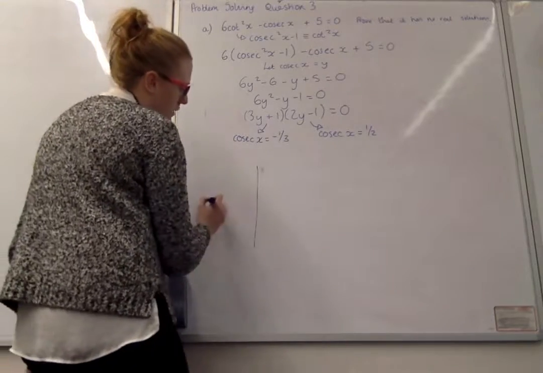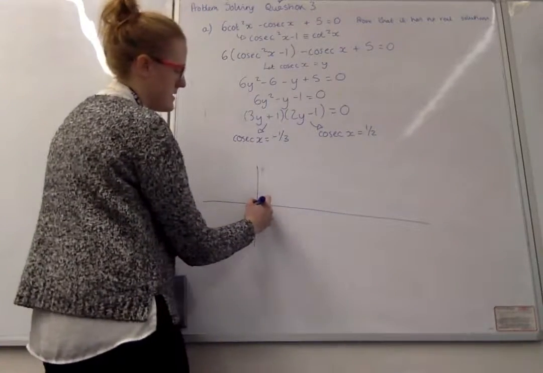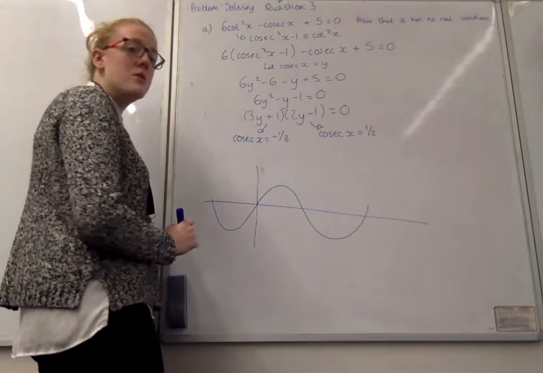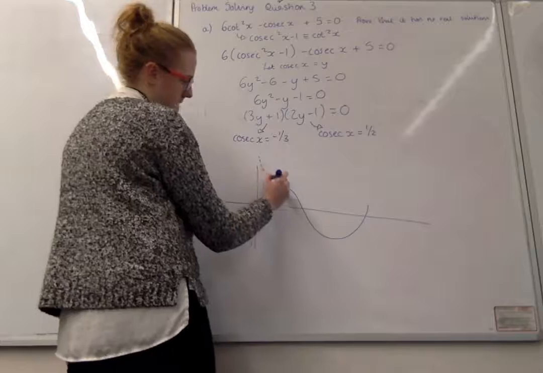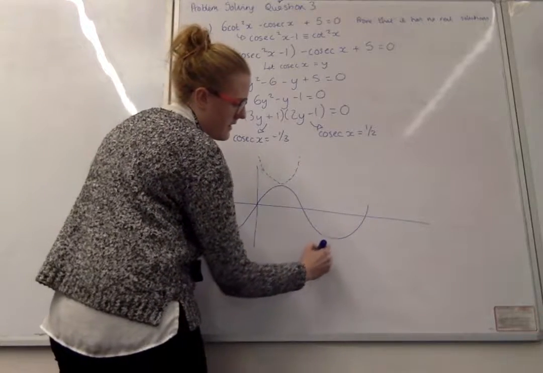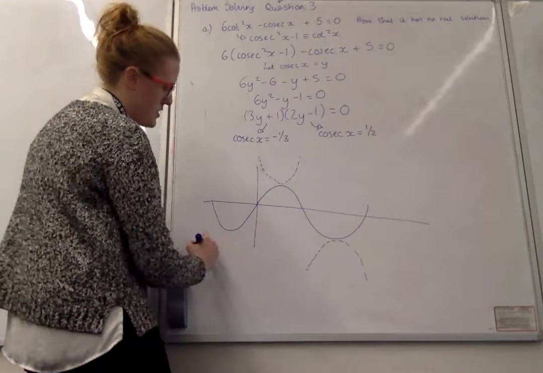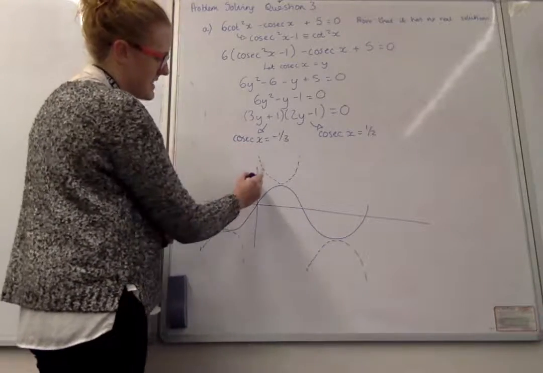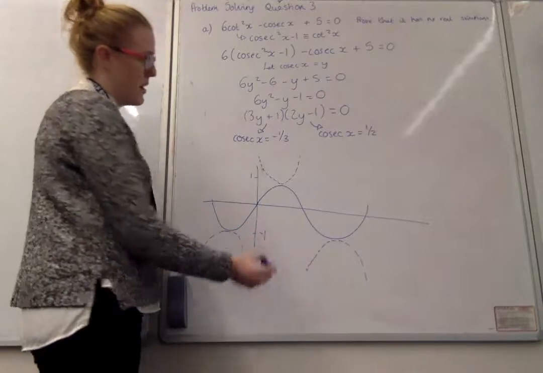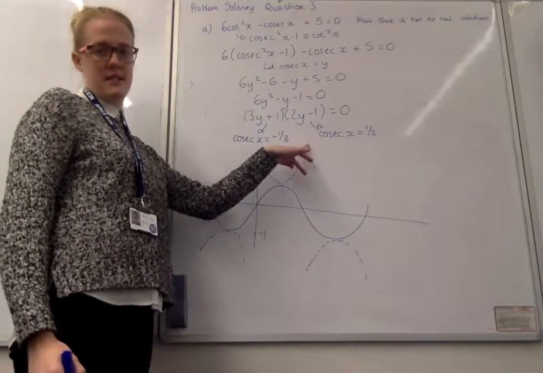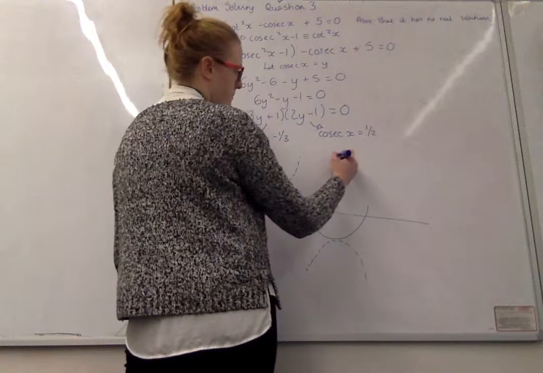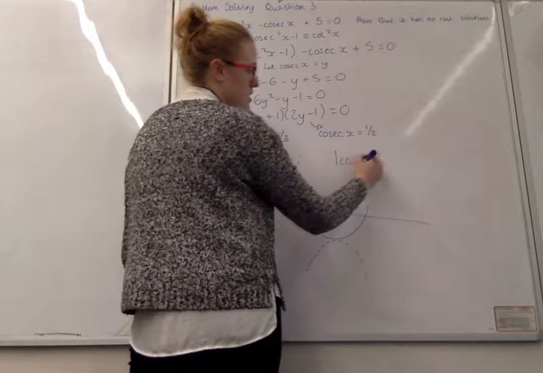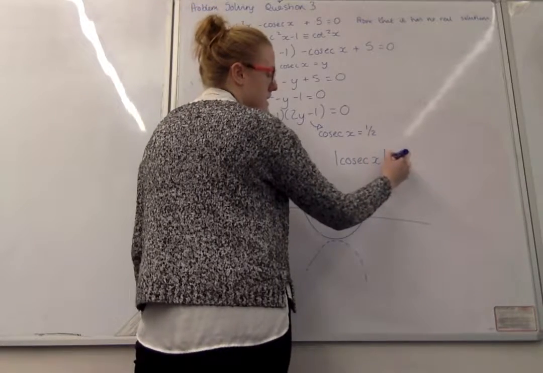The graph of cosec x, if this is sine x, cosec x does this. So I will start to see, evidently, that cosec doesn't actually exist between 1 and minus 1, in which both of these answers are. Okay, so we could say, therefore, that the mod of cosec x must be bigger than